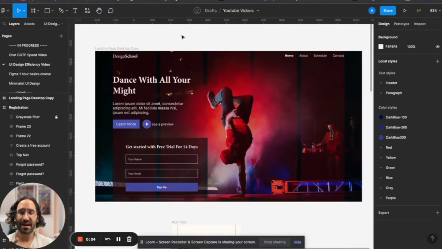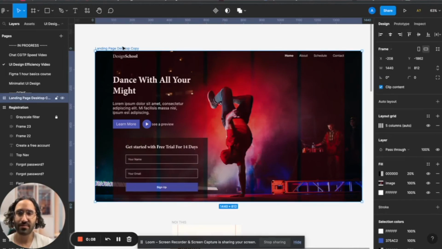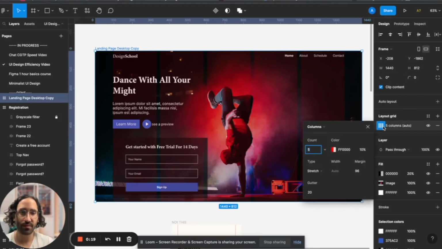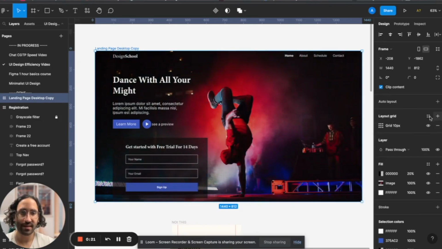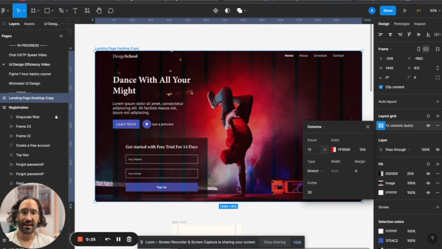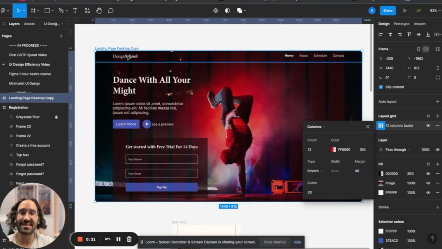So the first step I have for you is, if you are working on a web application, for alignment and organizing purposes, I want you to actually have a layout grid, columns, rows. Now you might not be using Figma, but I'm going to show you how it works in this application. Let's say we delete it, we get here, we have a grid, and I move it for column, and for web it's 12 columns, 96 margins left and right,